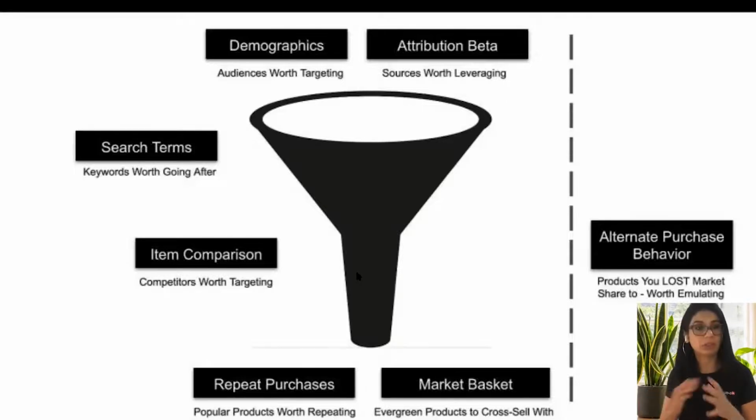So this is how I generally look at all the different reports within brand analytics, placing them on this funnel in my mind. I love funnels. And that's how I see the relative importance of all of these very important data points on Amazon. So with that, I'd like to wrap up,